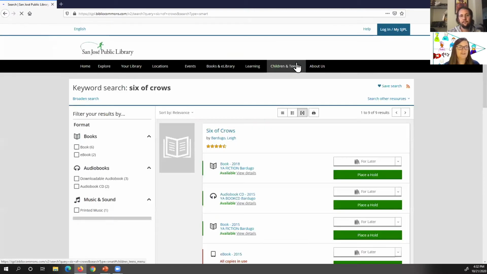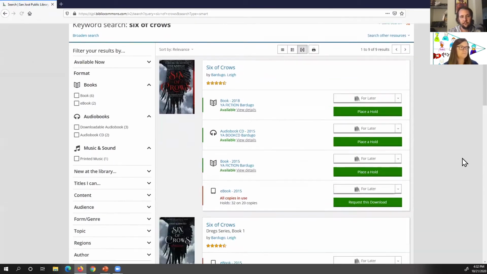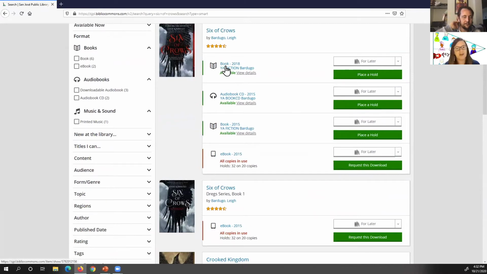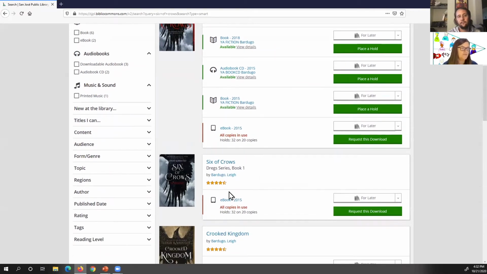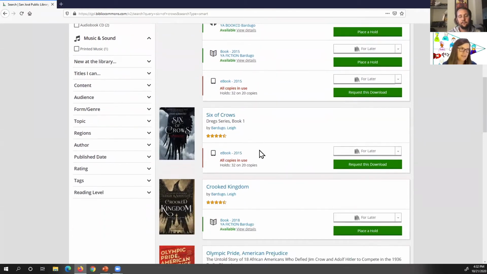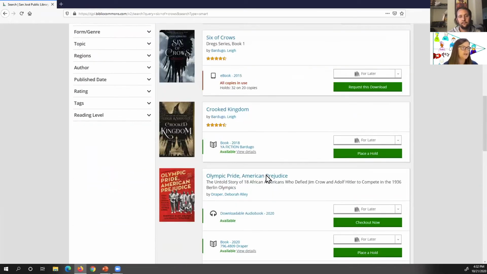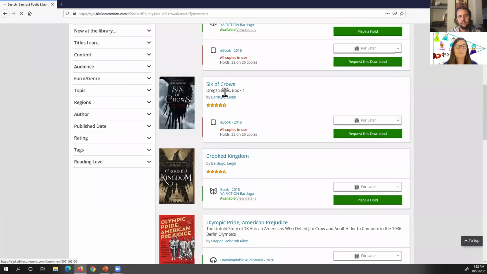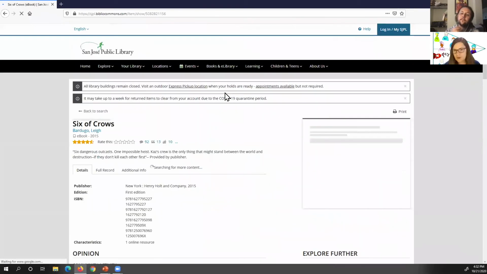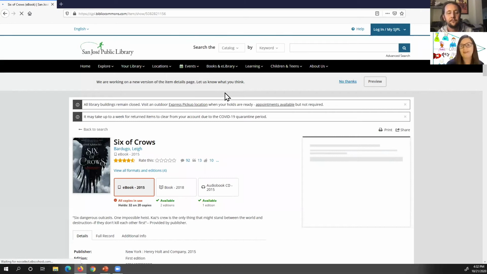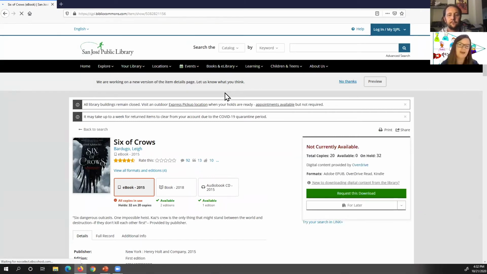So I'm just searching the catalog just by keyword, and it will show you here it's available as a book, it's available as an audiobook CD, it's available as an ebook, and in fact, it has a couple of ebook listings. So if you're interested, you can actually go in and see where it's available from, which services it's available from. So you don't have to go into Overdrive and search, and then Access 360 and do a search, and Mac and Via and do a search.